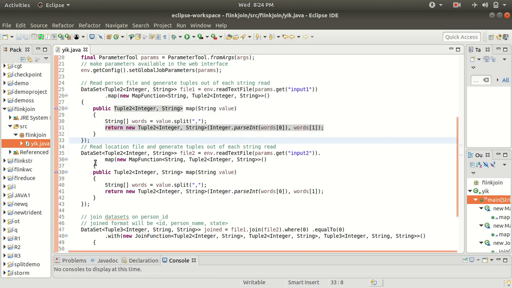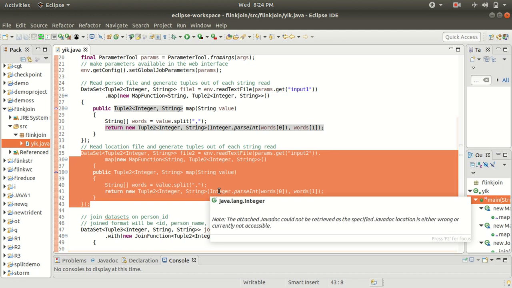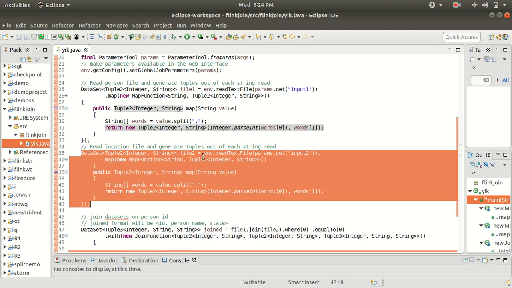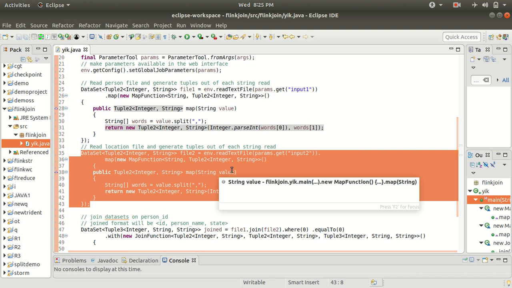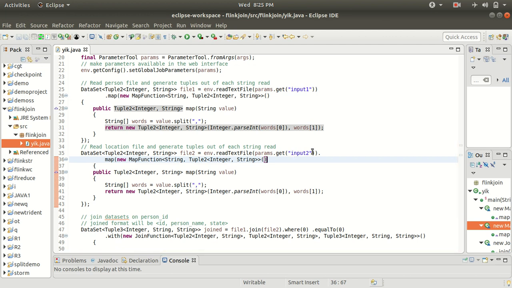Similarly, we are reading the second file. You can see that this is the second file we are reading here. Again, we are creating a second data set named file 2, and file 2 will be our data set of the tuple 2 nature. It will have the integer and string. You can see that in this case we are keeping it as input 2, so my second input parameter will be input 2 when we are running this command of Flink